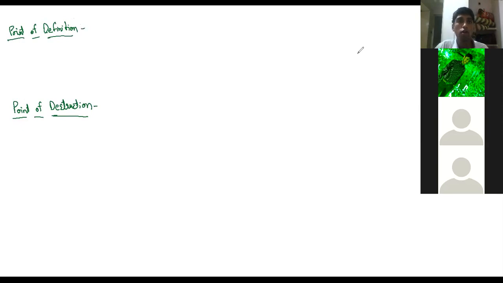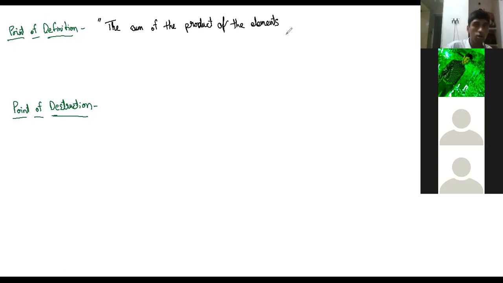Anyone knows this? What is point of definition? What is point of distinction? Point of definition tells the sum of the product of the elements of any row or column